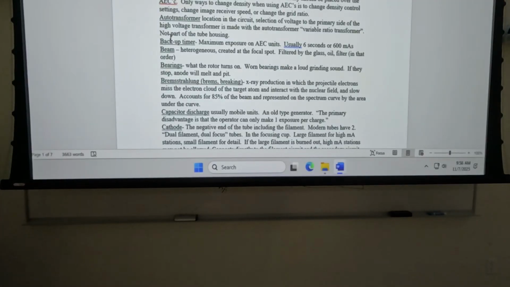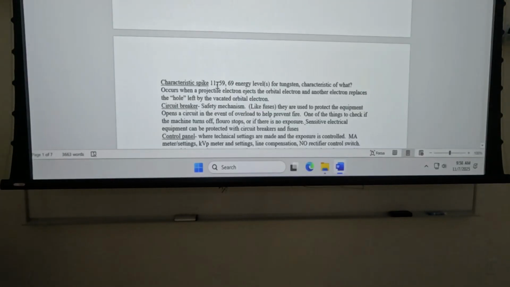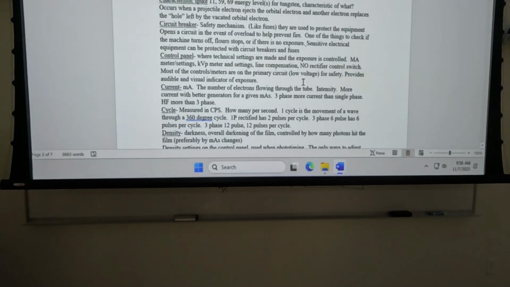So this is pretty extensive. And let's see, how many pages is this? 7. Seven, okay, thank you. So we